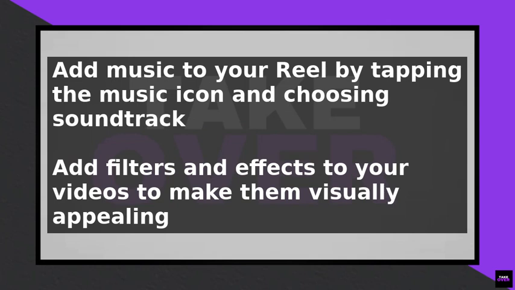text. Tap the music icon to add a soundtrack to your reel, and choose from a wide range of songs and audio tracks. You can also add filters and effects to your videos to make them more engaging and visually appealing. Use the text icon to add captions and subtitles to your reel, making it easier for your viewers to